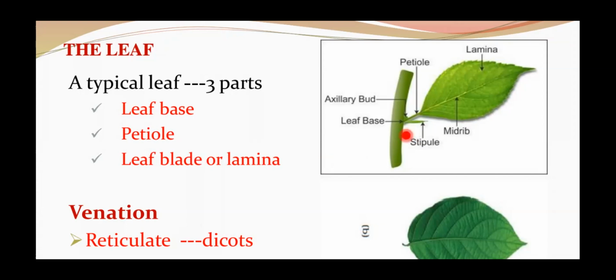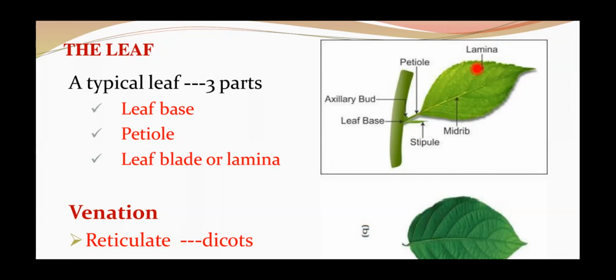And petiole is next. What is this petiole? Petiole is responsible to hold the leaf blade or lamina, exposing it to the light. This allows the lamina to move or easily flutter in the wind, thereby it helps to cool the leaf surface and brings the cool air to the leaf surface. So these are the functions.